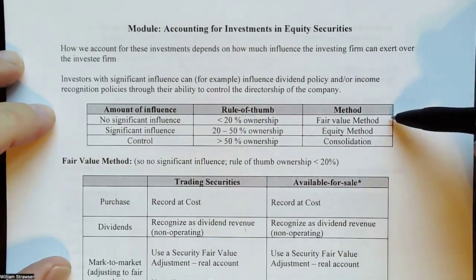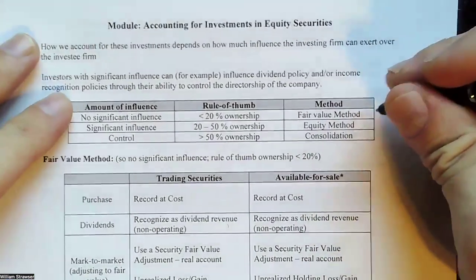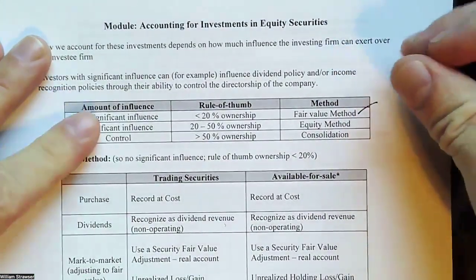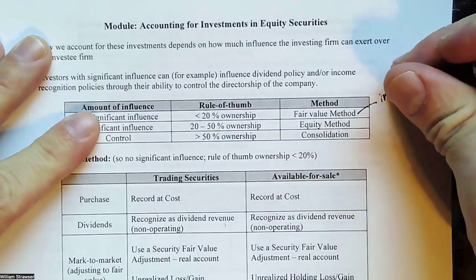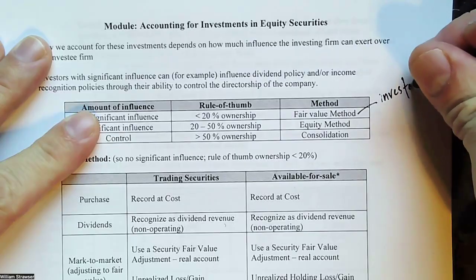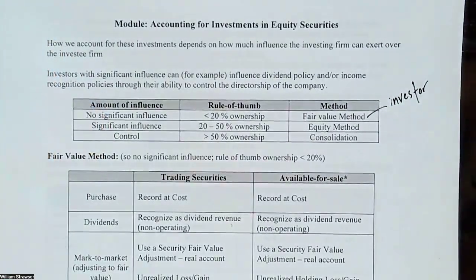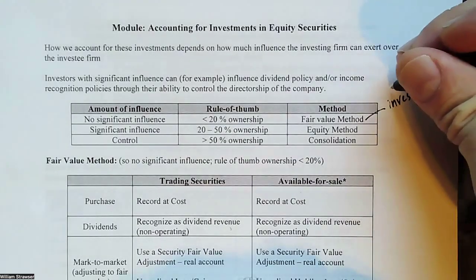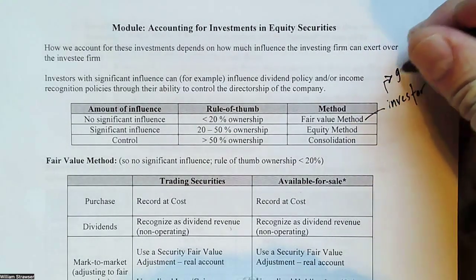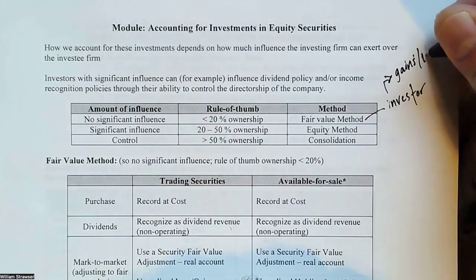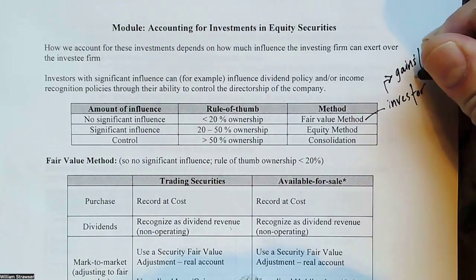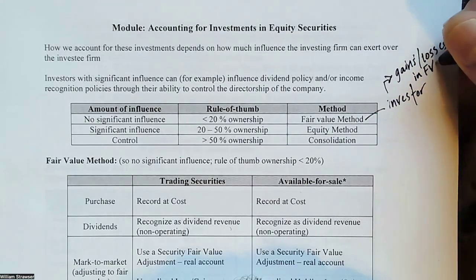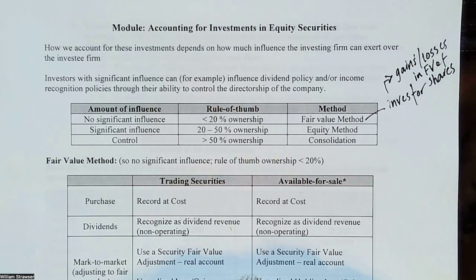And through this, we enact the fair value method. This is a method in terms of an investor. We're looking at our investment as a pure investor where we do not own enough to really consider ourselves an owner. Really, what we are interested in accounting for in this case are any gains or losses in the fair value of the shares. So you can think of it in an extreme way as